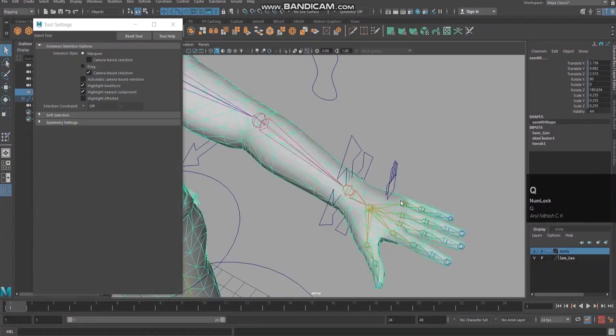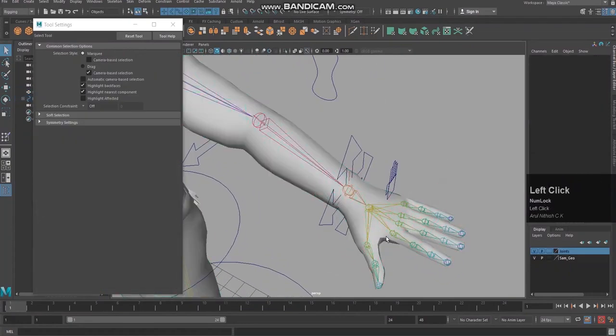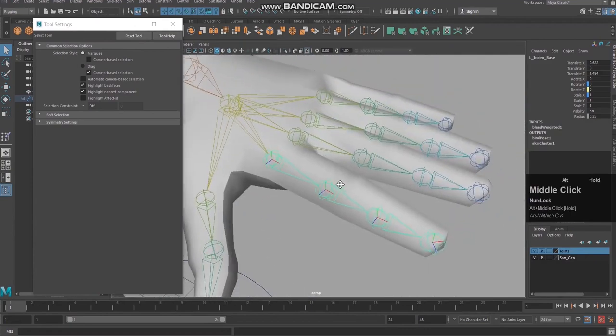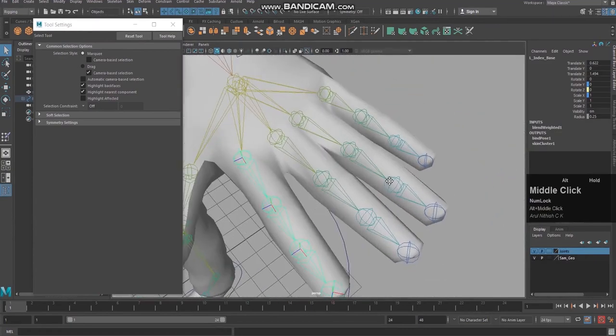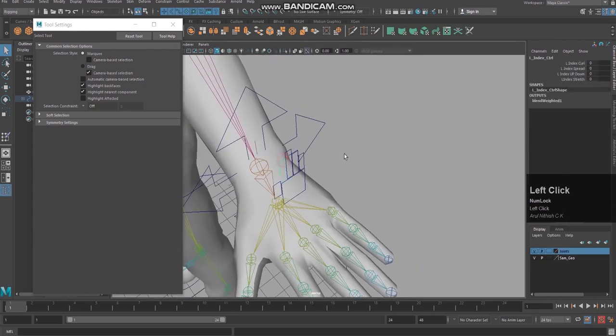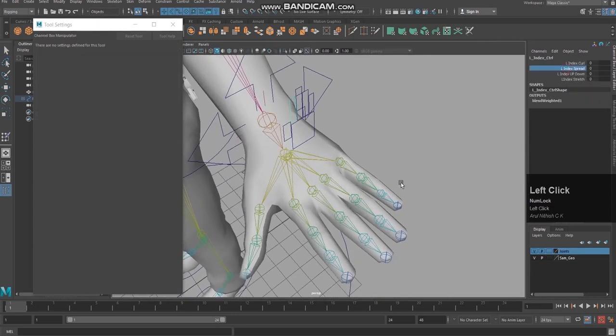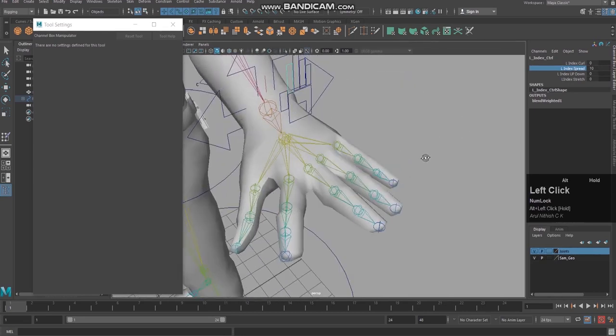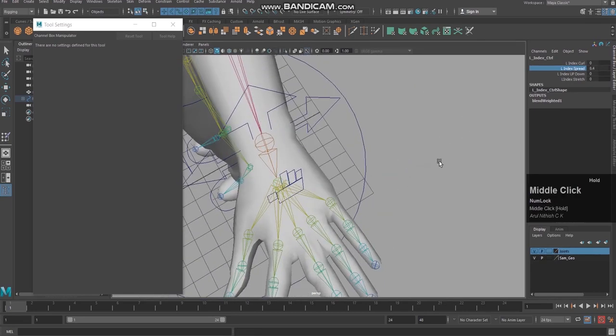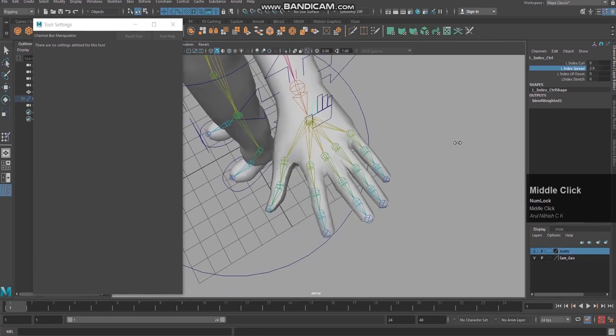So now I am just going to select this joint and I'm going to see this index spread. You can see the fingers are getting deformed here.